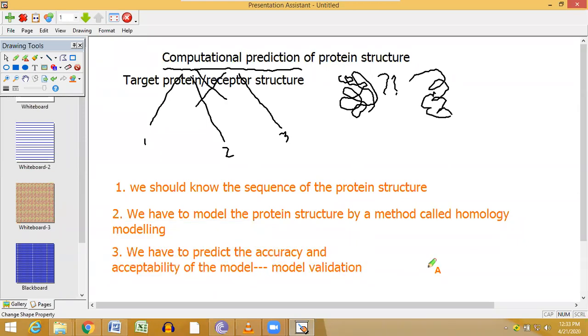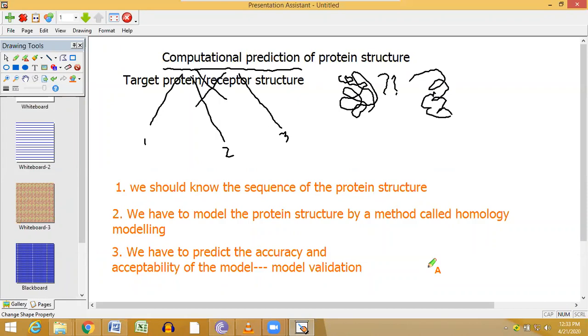Okay, we have to predict the accuracy and acceptability of the model. It is called model validation. So there are three basic steps. All the steps I can show you in practical. That means how the sequence of the protein structure is found. Starting from that, how we can model and how we can predict the accuracy and acceptability of the model, everything can